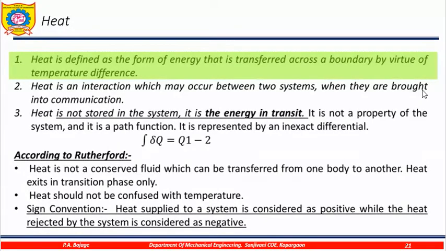So, if you keep a hot cup of tea which is at 70 degrees Celsius in a room whose temperature is 25, this delta T difference, 70 minus 25, will cause the heat present in the tea to get transferred to the surroundings. And this will happen because of what? The thermal difference, what we can say.